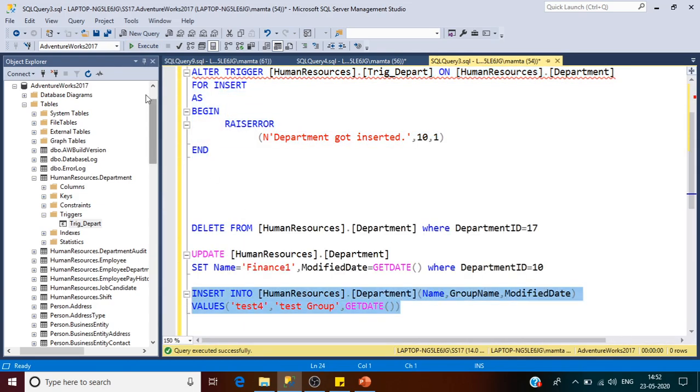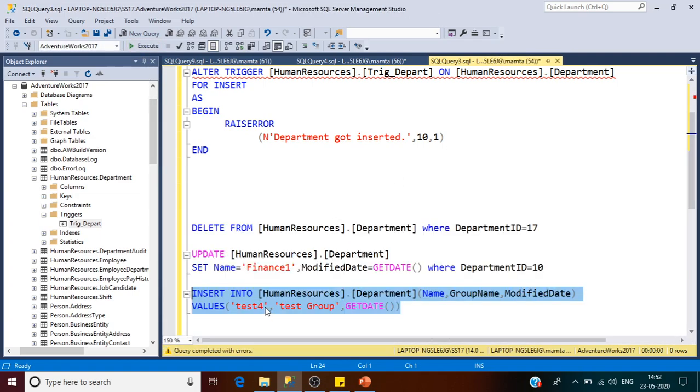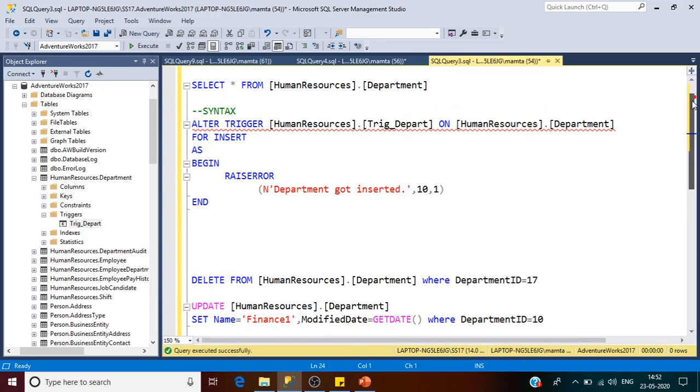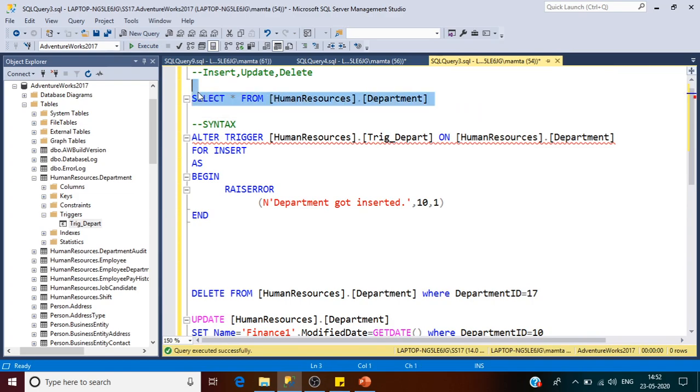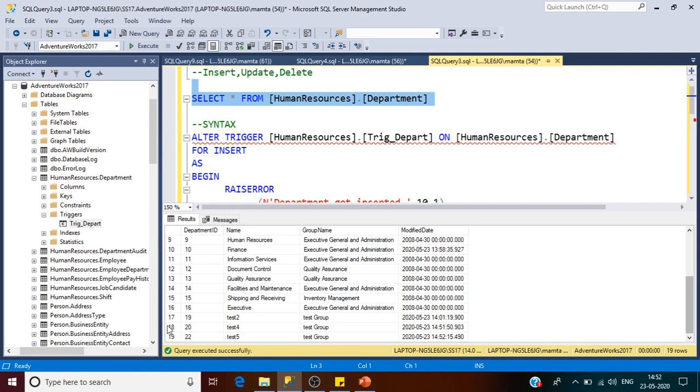Then I'll execute this, with test 5. Executed. So department got inserted, and let me check whether the department has actually been inserted. A new department with the name test 5 got inserted.